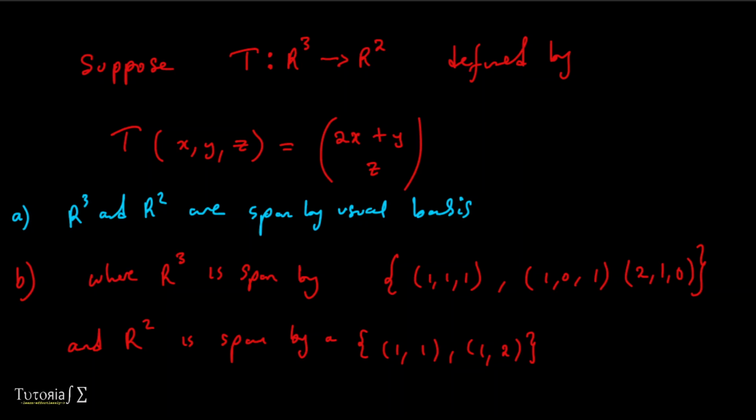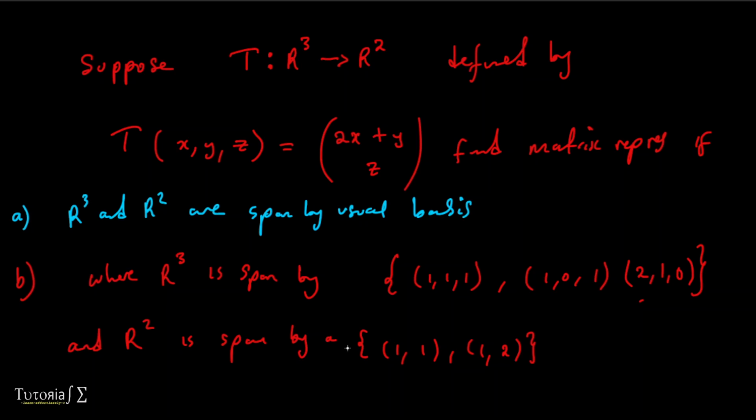So for part A, you're going to find the matrix representation. Let me just write it here. Find the matrix representation if R3 and R2 are spanned by the usual basis, so you know the usual basis of R3 and the usual basis of R2. Then this is another example where R3 is spanned by a specific vector,